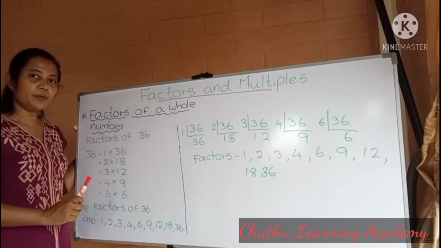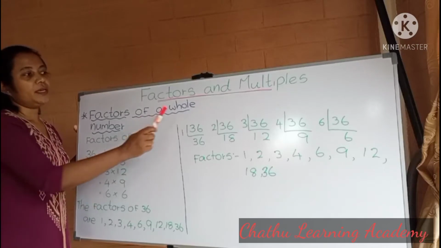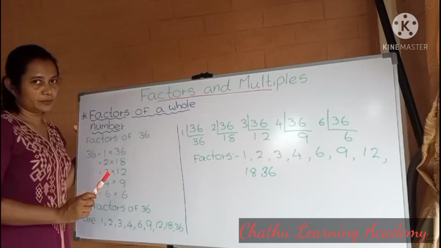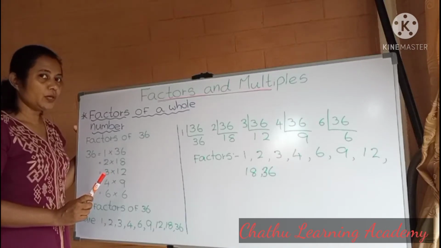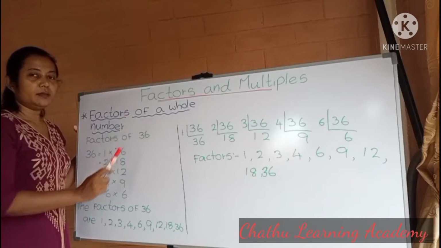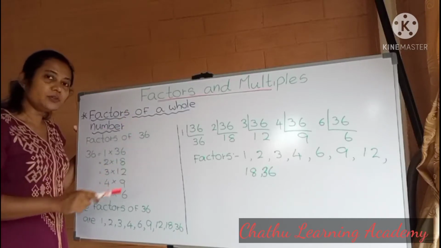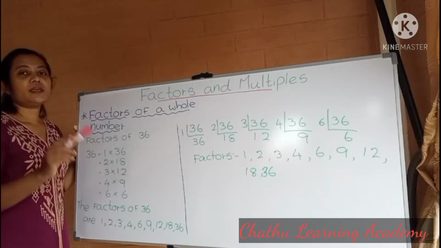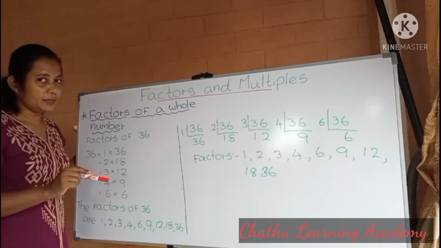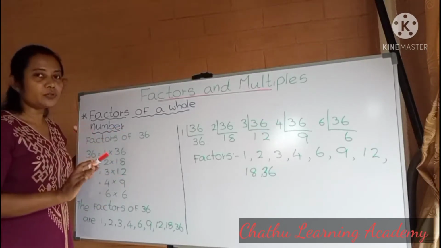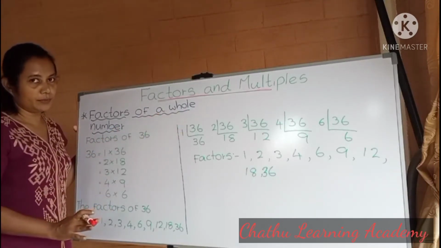What are the whole numbers? Here we consider counting numbers as the whole numbers. It means 0, 1, 2, 3 like that. Then what are the numbers that do not belong to the whole numbers? Do you know? Fractions, decimals and negative values. Those are not considered as the whole numbers.